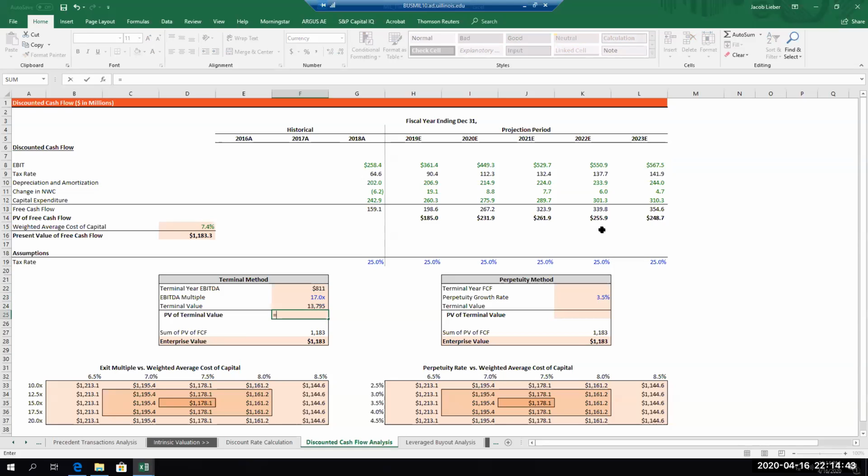So same thing here, equals F24 divided by parentheses 1 plus my WACC to the power of, so your terminal value is at the end of 2023. So I'm going to do the same sort of calculation: 2023 less my 2018 number. That should give me 5, right? So I'm discounting it 5 periods. And that gives me an enterprise value of